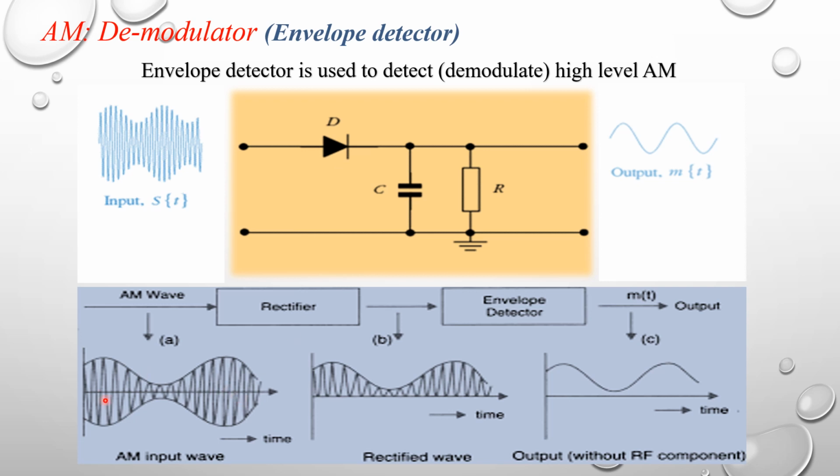So this is the AM wave connected to the rectifier, and the rectifier consists of a diode and resistor. Across the diode we receive only the positive cycle, with this as the reference, this the positive value of the AM signal and this the negative value, because the diode is in forward bias condition. The output of the diode is connected to the low pass filter.